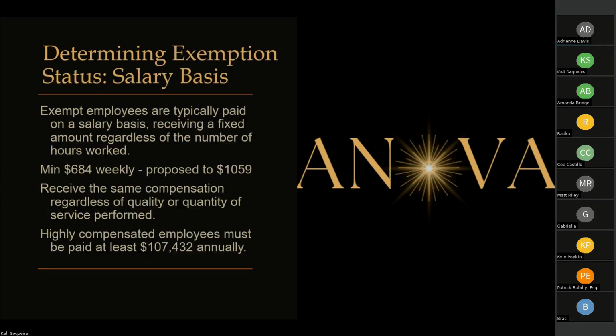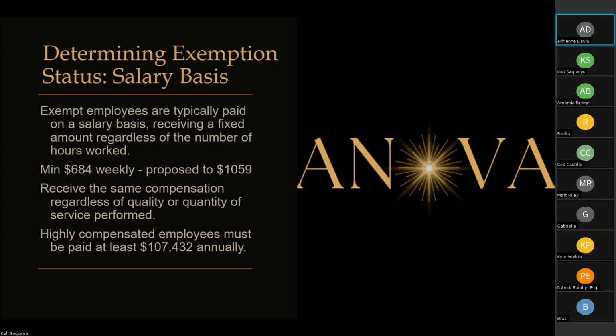To be exempt from overtime under the FLSA, an employee generally must perform job duties consistent with exemption classification. They must be paid at least $35,568 per year, which is equivalent to $684 weekly, and receive the same compensation regardless of quantity or quality of work performed,